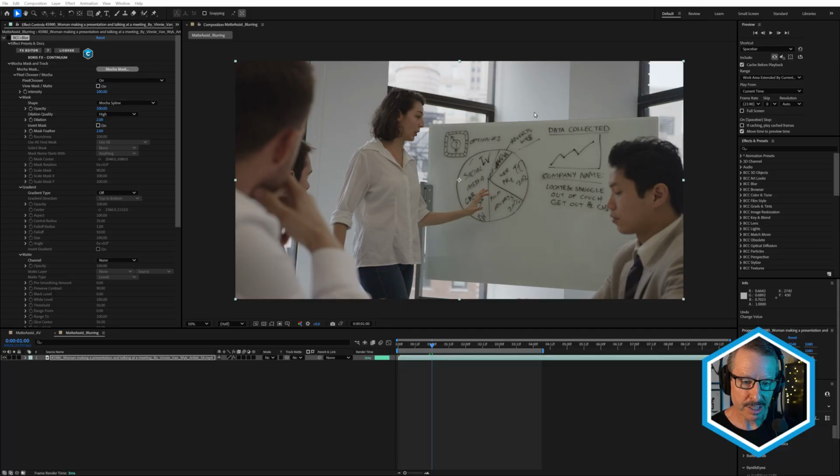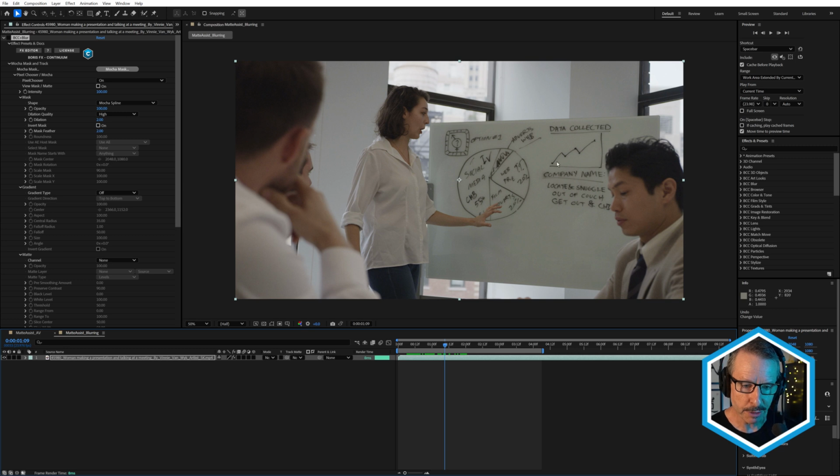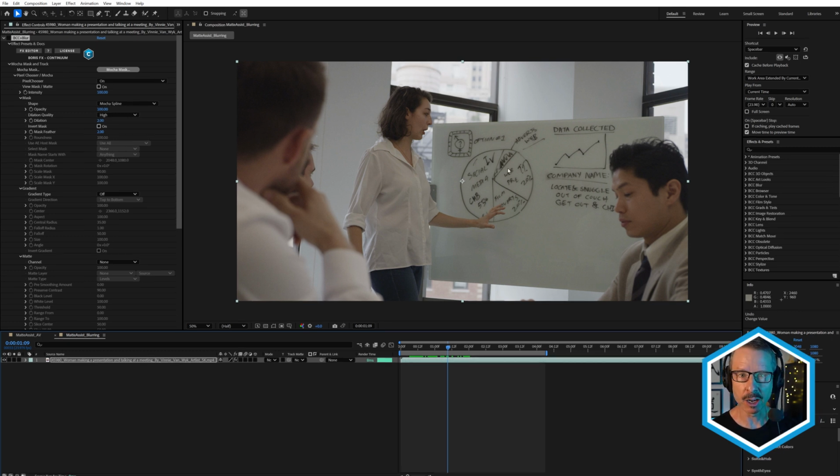Now we're going to come back to this shot later because I've used about 8 or 9 other effects with this to finish off this shot for the kind of work that I do. But what I'd like to do now is show you some more common tasks that you might do with Continuum and how you can use Matte Assist ML to speed those up. And this first example is in a situation where you want to blur something in the frame, but you need to mask that out quickly.